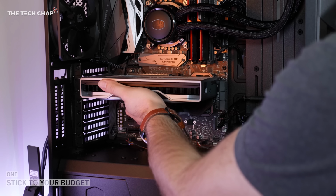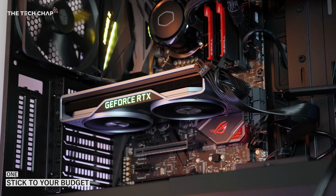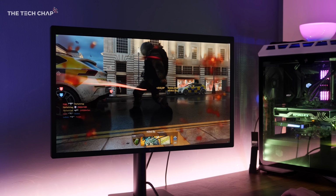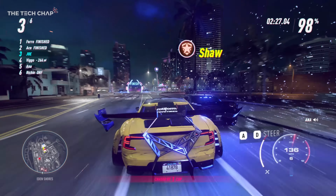Okay, so the first thing to consider is, of course, your budget, because obviously that seems pretty straightforward, but it is easy to get carried away, keep thinking, well, if I spend another £25 or £50, I can go from this to this, and then that just spirals. There are so many options of graphics cards out there for pretty much every single budget level, then you can quickly get carried away. But remember, your PC is only as fast as its slowest part,